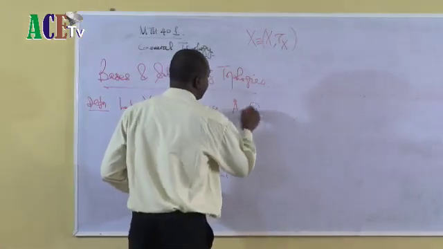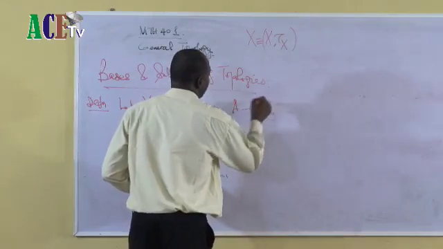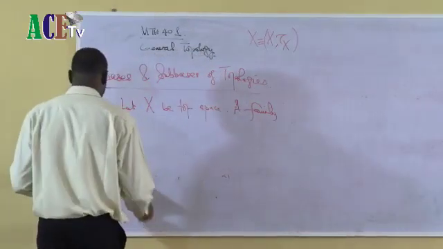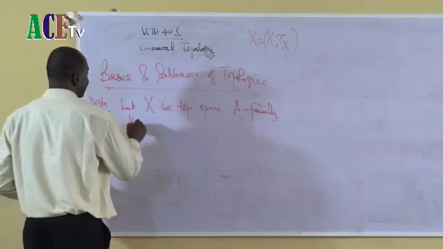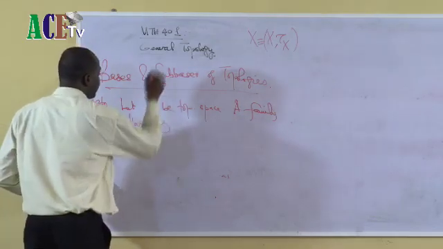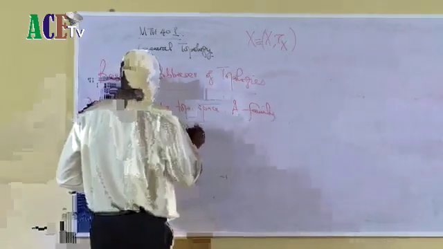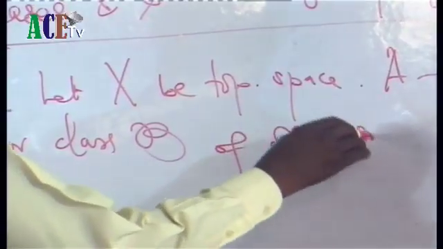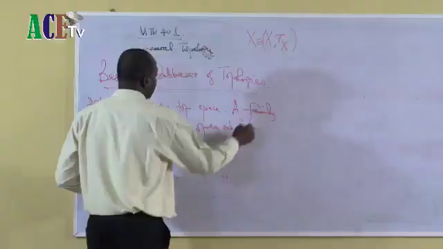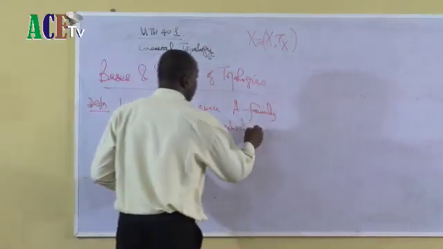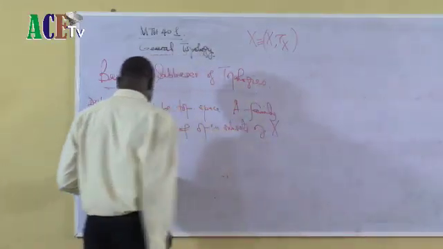A family or class, which I denote with curly B, of open subsets of X